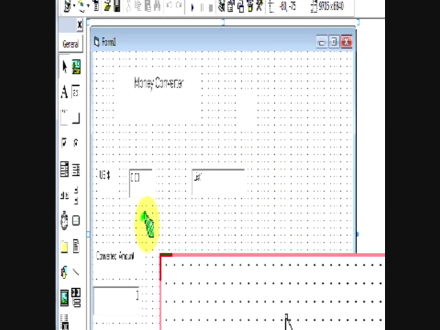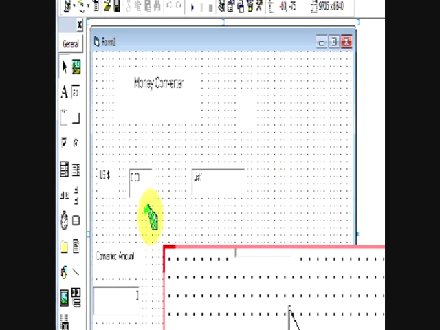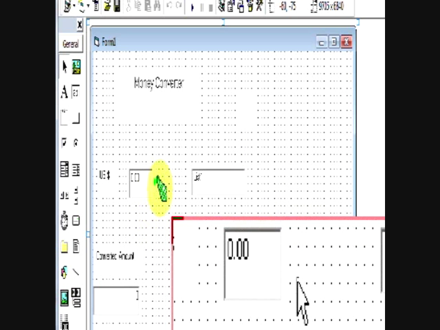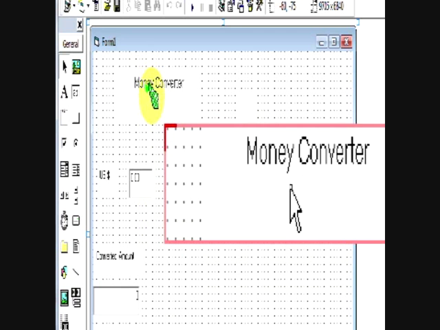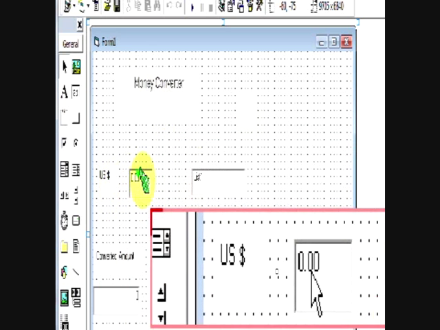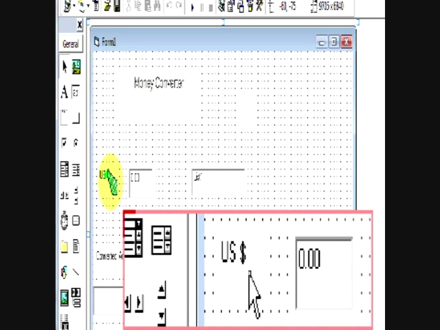What we want to do is make a currency converter. I've got a money converter here, and we will write the money in US dollars, and then select